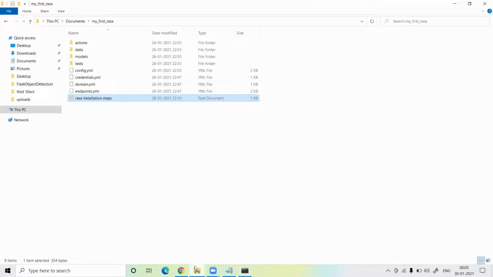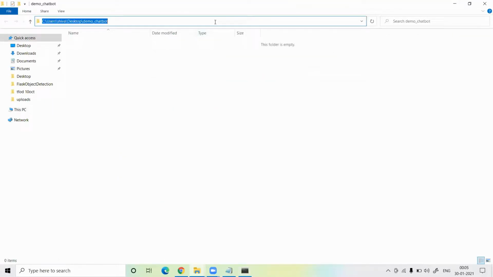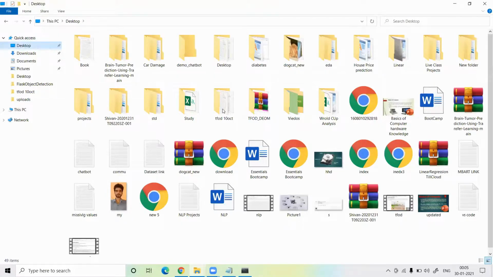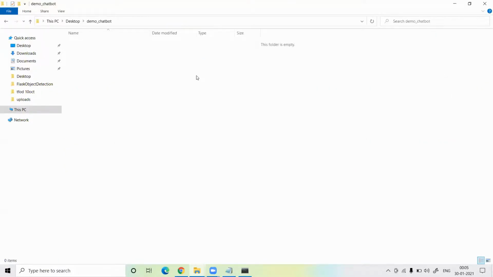This is our path. Just copy it from here. This is the folder I created on my desktop, the empty demo chatbot folder.